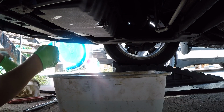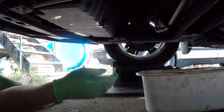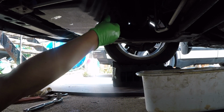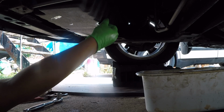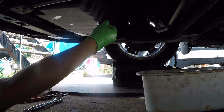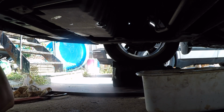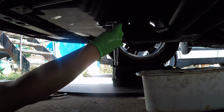So let's go ahead and clean that up. Move our bucket out of the way. This one's a really big bucket. I believe it's like an 8 or 10 liter bucket, so it has really no problem catching all that oil. Tighten it as much as you can by hand. Make sure it's going in really smooth. Otherwise, you're probably cross-threading it, and that's never fun. So once it's all the way in, get your socket on there,